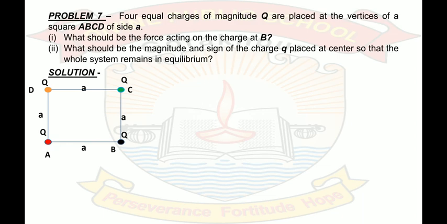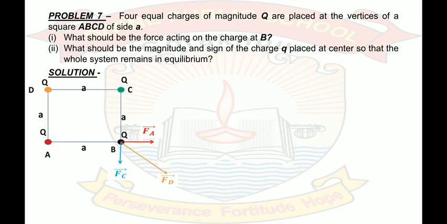So let us discuss the charge which is at B. The charge at A will repel the charge at B. The direction of force will be towards this direction, and the force will be named Fa. The charge at C will repel the charge at B. The direction of force will be away, and the force will be named Fc. The charge at D will also repel the charge at B. The direction of the force will be towards this direction, and this force will be Fd. We have to find the resultant of Fa, Fc and Fd.